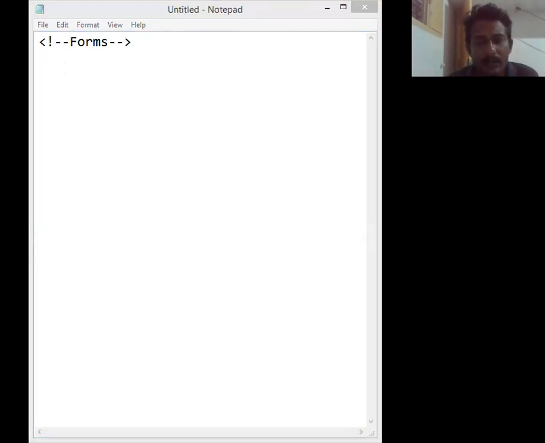When your browser requests a web page or file located on the server, the server processes the request and returns the requested resource. So whenever we give a request to the web server, it will return to the web browser.